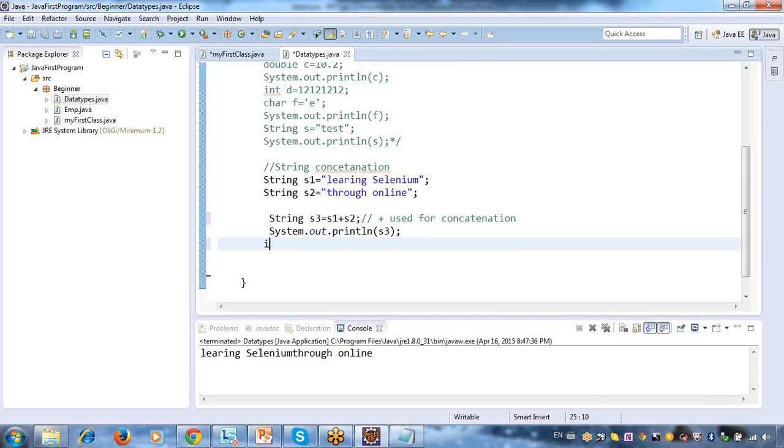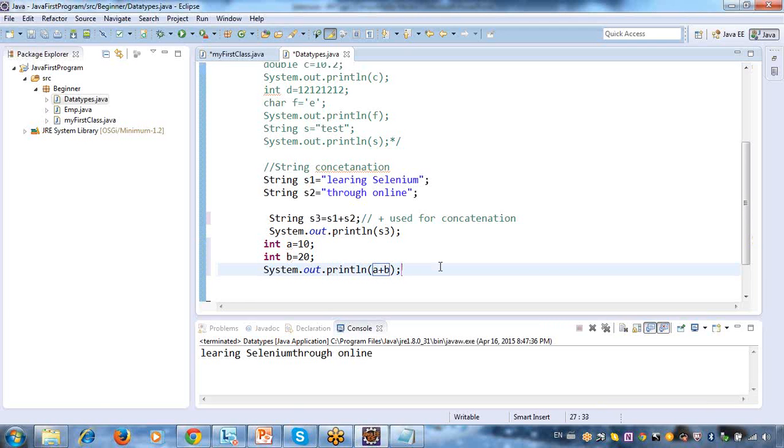Say for example, if I am having int a is equal to 10, int b is equal to 20. If you have this kind of situation, now see what will happen. I wanted to print a plus b. Tell me what it will print.